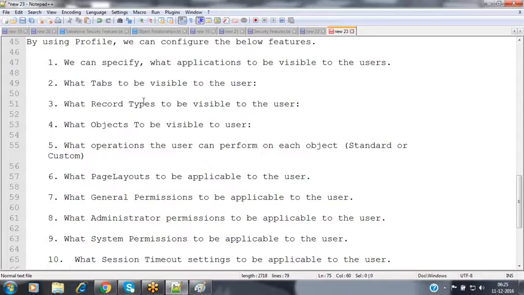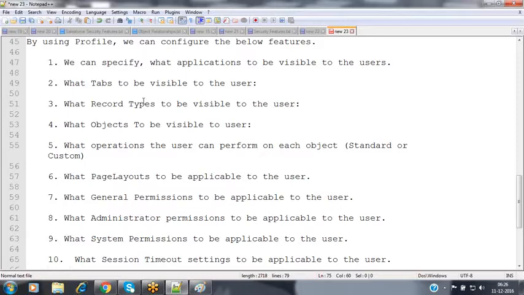And after that, inside an object, we configure some record types also. Now, what record types can the user access here? For every user, which record types will be visible? For some users, I want to display the record types when they click on the New button to create a new record. For some users, I don't want to display the record type directly; it has to open the form. And for a few users, we have record type 1 and record type 2. At that time, for a few users, record type 1 should be the default record type, and for a few users, record type 2 should be the default.